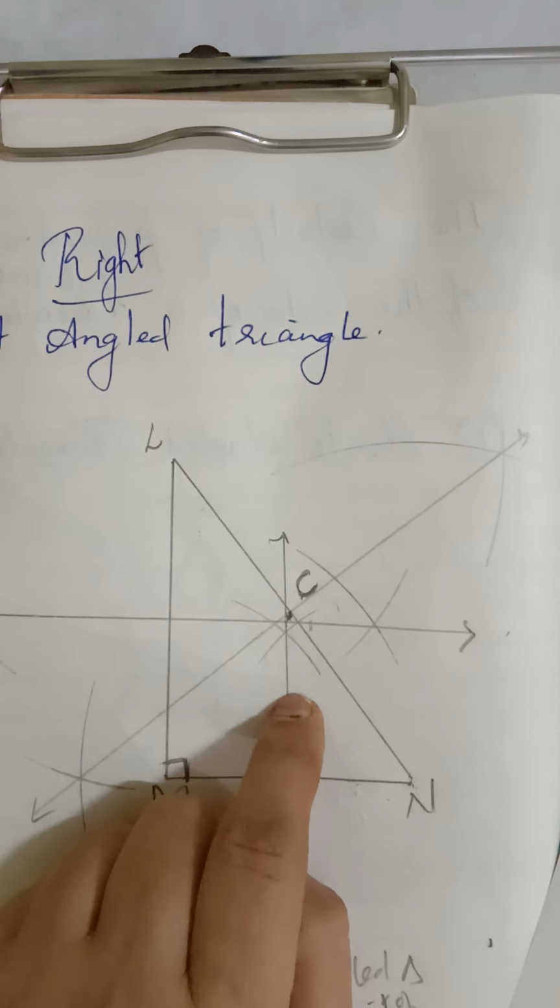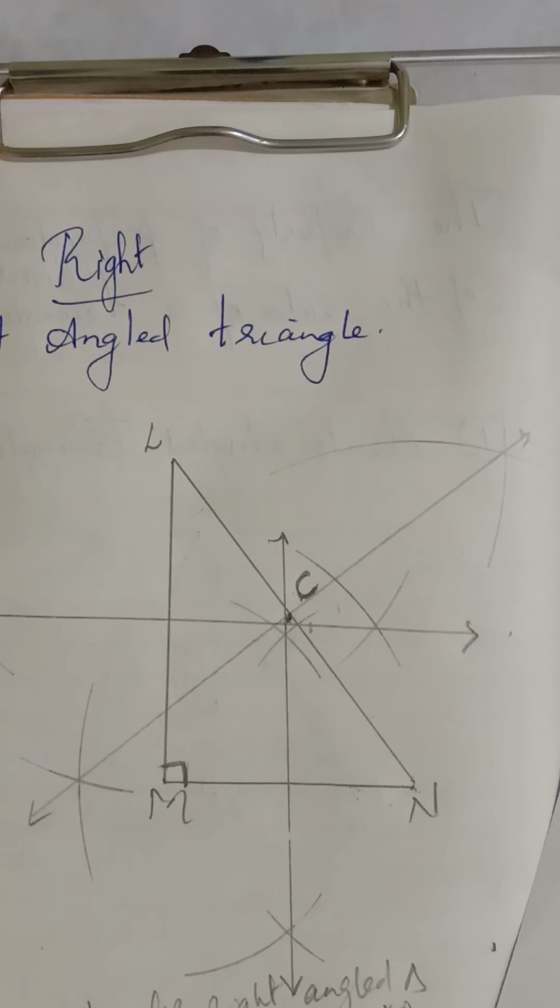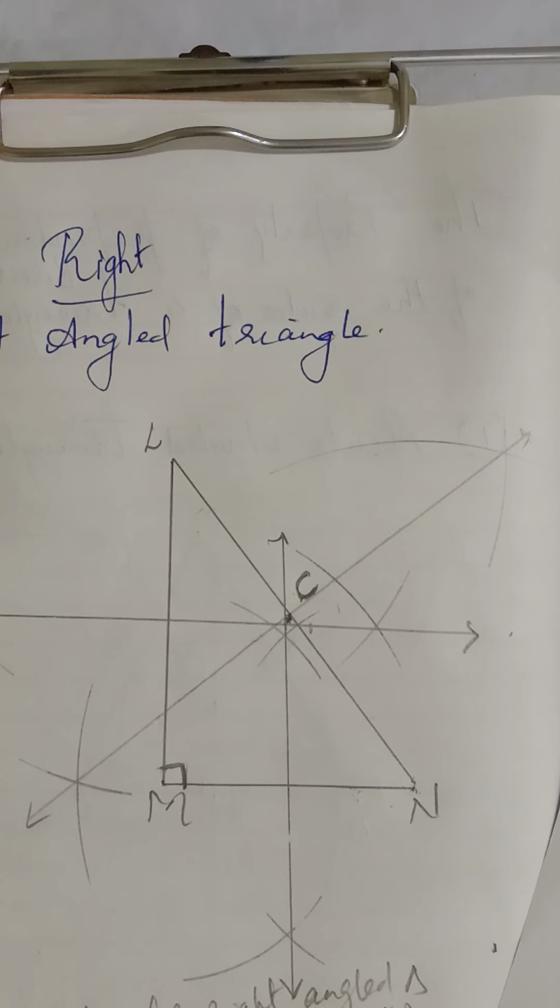So this is done. And now the last question: Maithili, Shaila and Ajay live in 3 different places. A toy shop is at equal distance from the houses. Which geometrical construction will represent this? So I will be doing this in the next video. Okay children, so this question I will be doing in the next video. Okay.